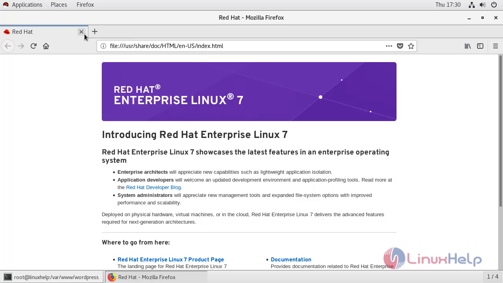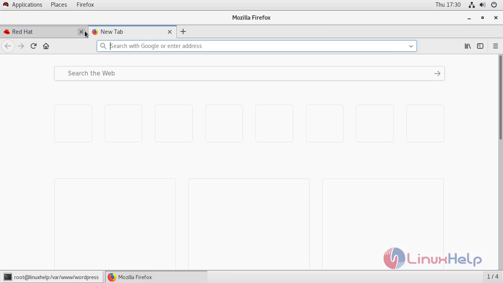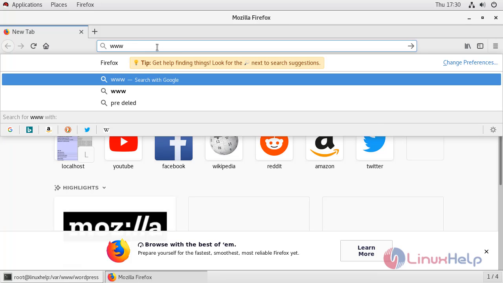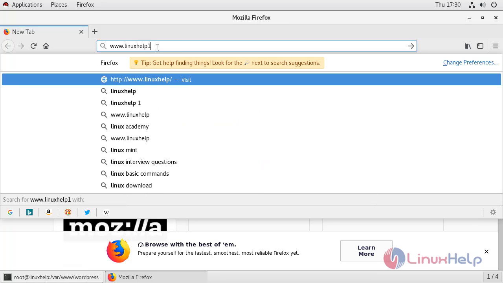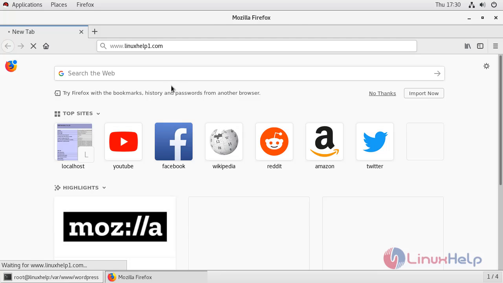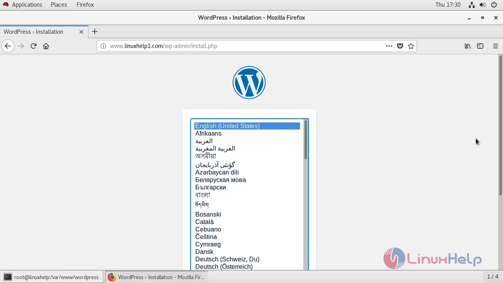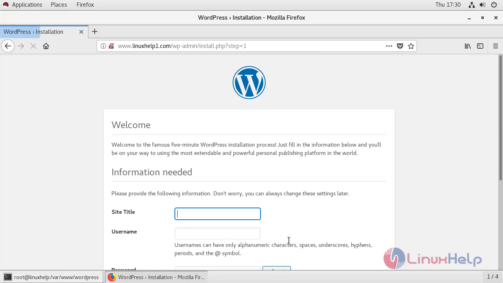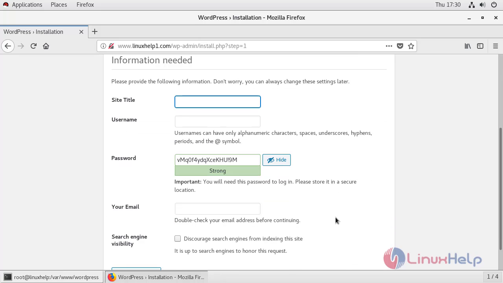In new tab, provide your domain name. Here click on continue. Provide site title here.